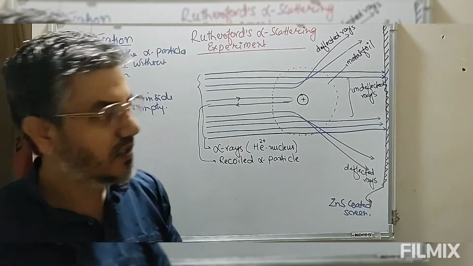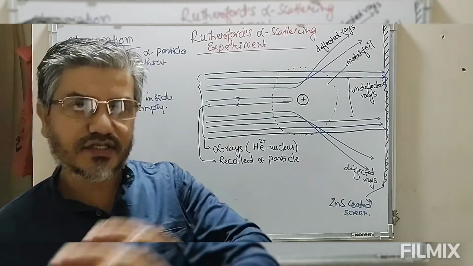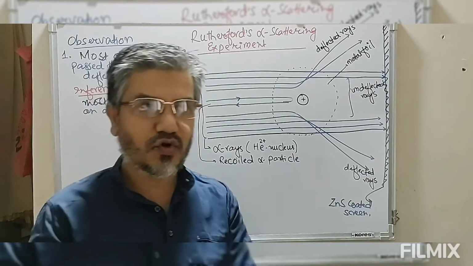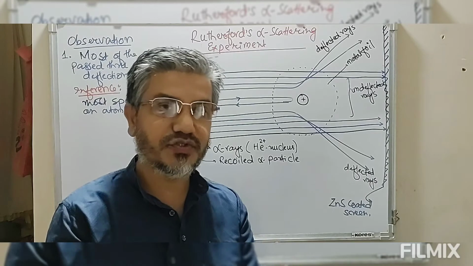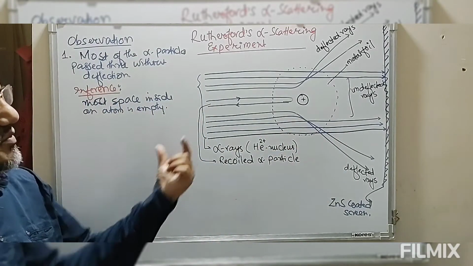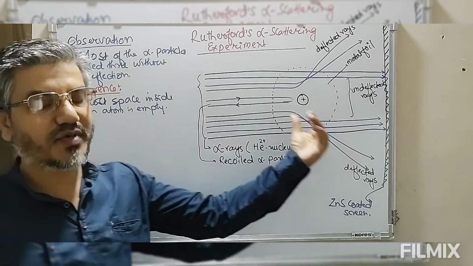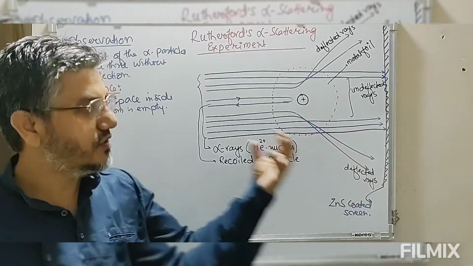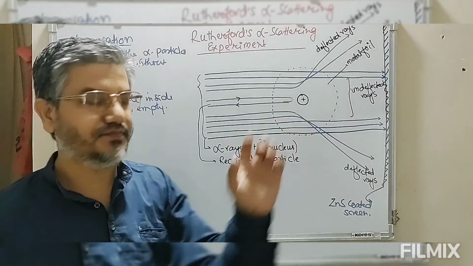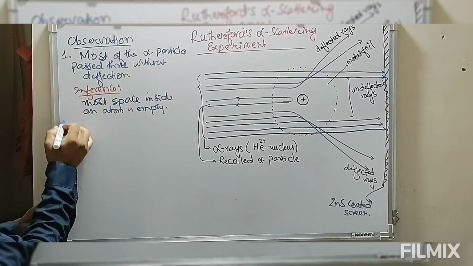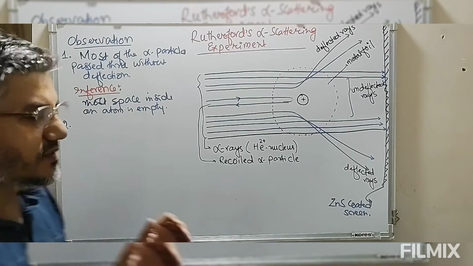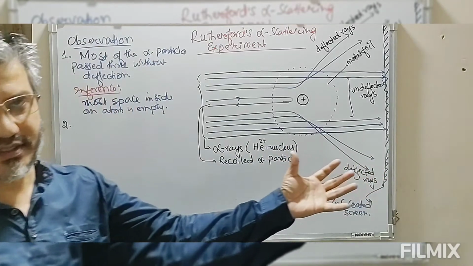This was one of the points which differs from the earlier model, which says there was a uniform distribution of mass inside the atom, whereas Rutherford's experiment says that since alpha particles were passing through the metal foil without any deflection, most of the space inside an atom is unoccupied, empty. Then the second observation he made from this alpha particle experiment is that a few alpha